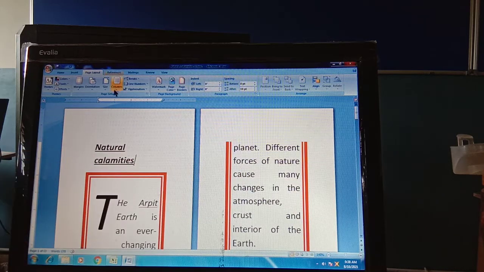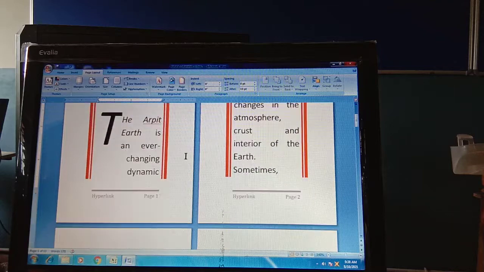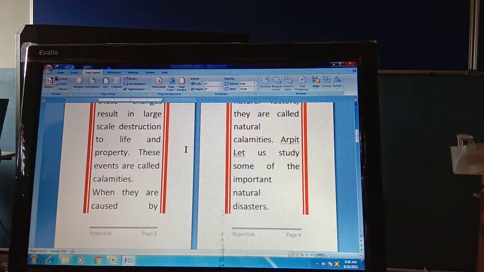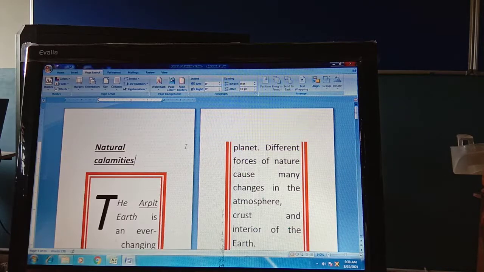And this is your Japanese postcard. Okay, so this is a postcard shape of pages available here. Very small postcards are available. So it also depends. It will print only when you have a printer like this. If you have a printer that is accepting these type of pages, then only you can apply these type of pages. Okay, so I hope you have learned about it. You have learned the difference between the pages.